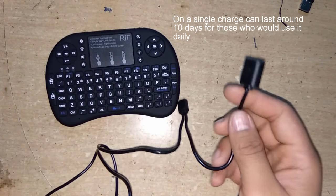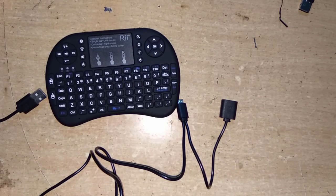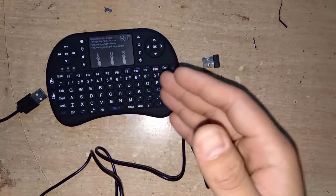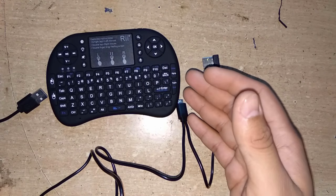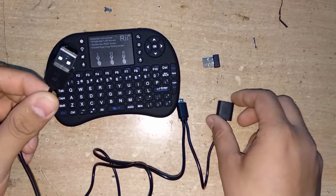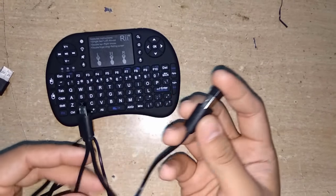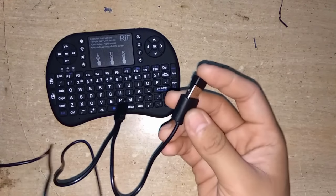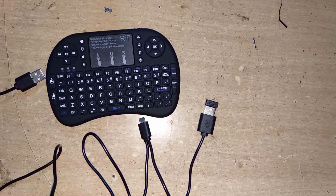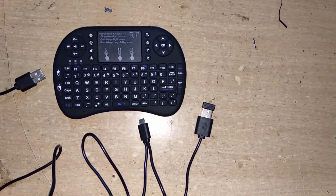In the user instructions, it's written that if you are using it with your smart TV, when you plug this receiver in your TV, then because it's wireless, you have disturbance in the TV as well. So to avoid that disturbance, you just have to plug this in your TV and plug the receiver in this place. So you'll have a good distance between your TV and this receiver, which will reduce the disturbance on the TV. So that's the reason it was written in this